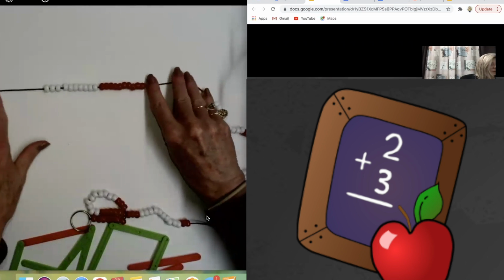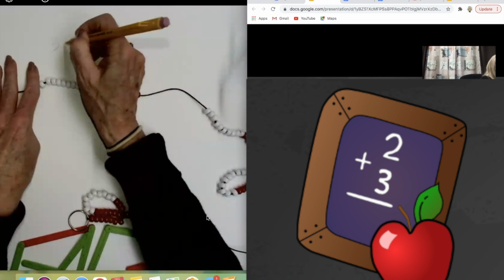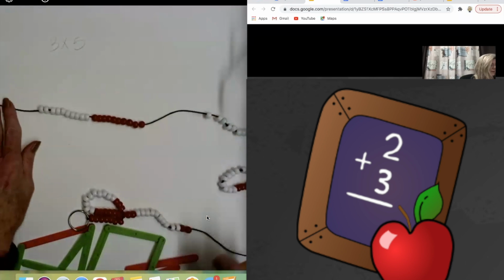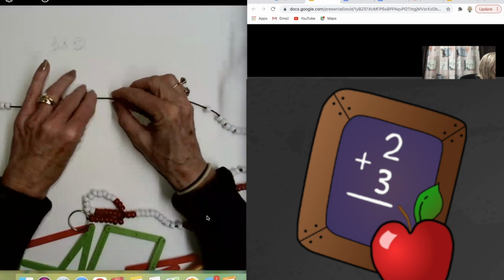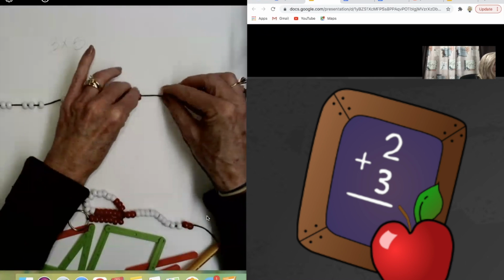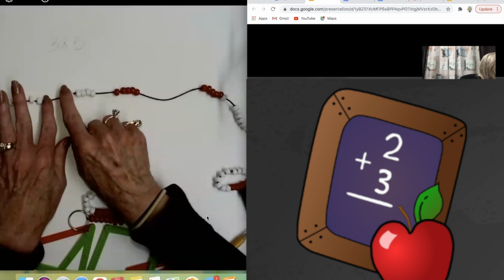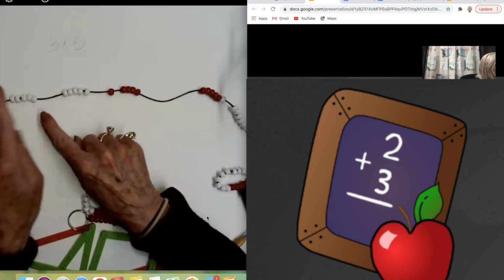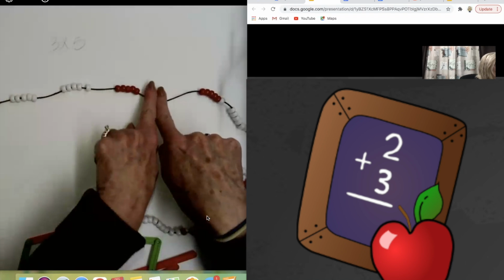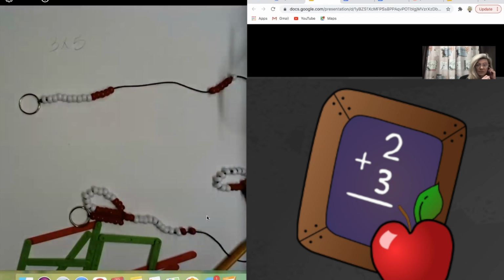For example, let's say we're going to do 3 groups of 5. If we want to model that, then we can pull them over to 5, and then 5 more, and then 5 more. And we can see that 3 groups of 5, and you can take little clips to put on these and model the groups. So there's 3 groups, there's 5 in each group. You can push them together and they can see real quickly that that would be 15. Okay, so that's another tool you can use for your multiplication.